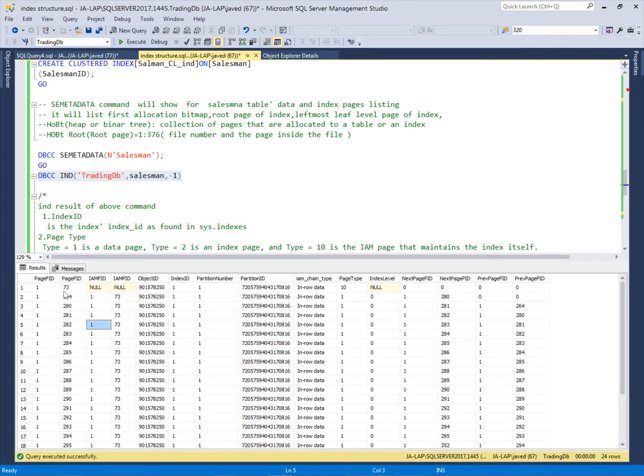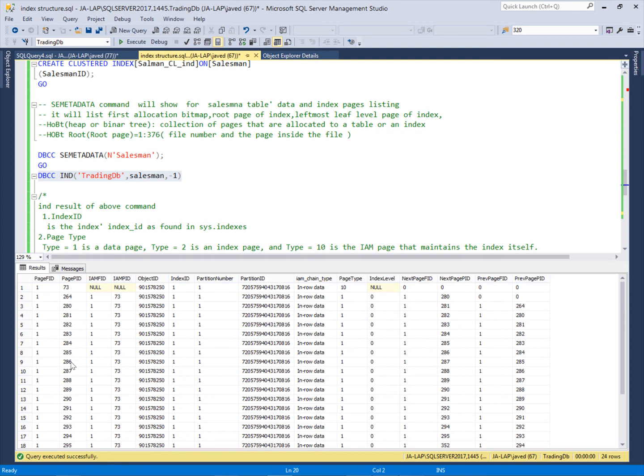And this is the file ID. This file ID is 1, and these are the pages that exist in this file ID. If you check these page IDs: 73, 264, 280, 281, 282, 290, 291, 293, 295, 353.